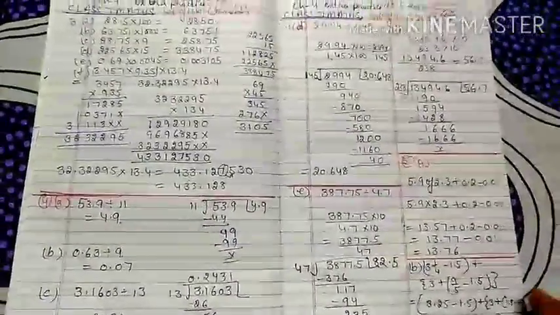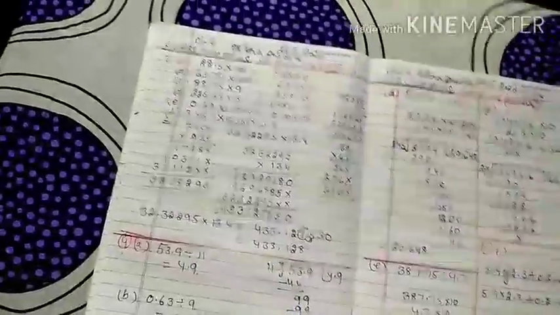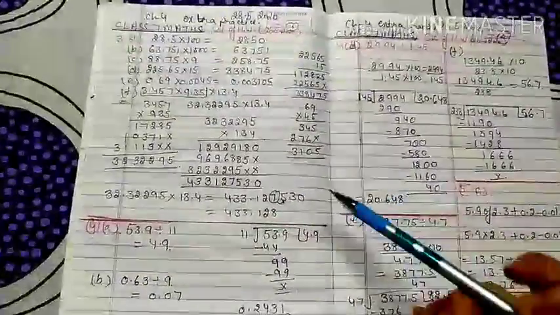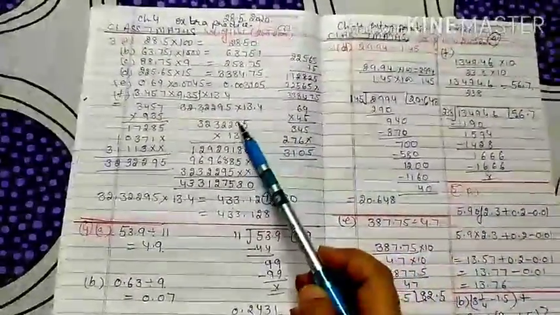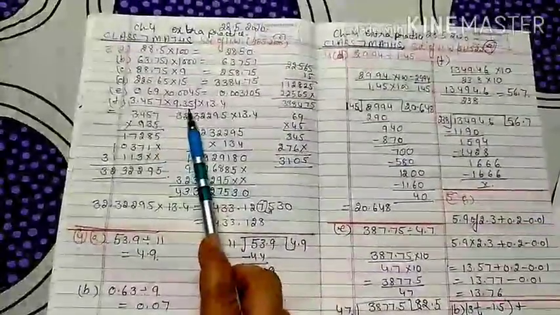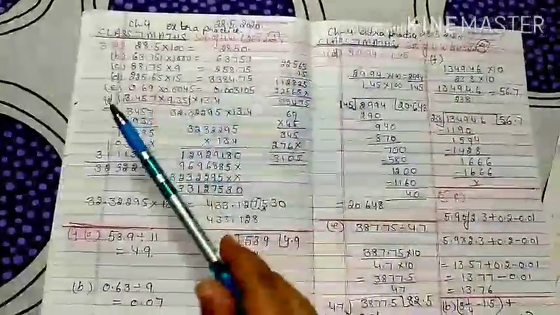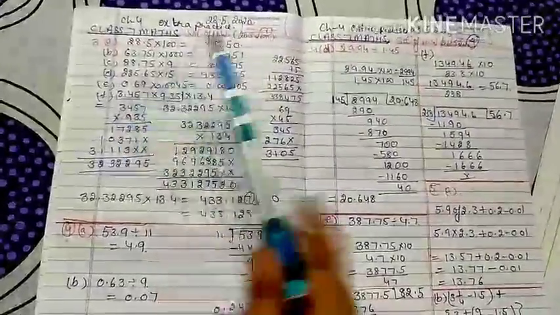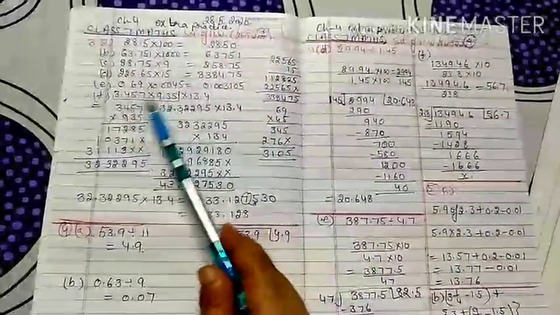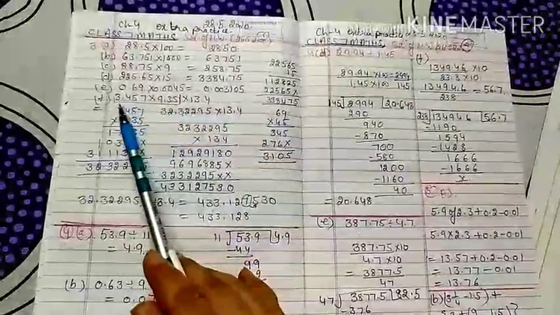Now your extra practice question of chapter 4, question number 3, you have to just find the product simply. Like here, when you find the product, I just discussed this one: 3.457 into 9.35 into 13.4. If there are 3 numbers to multiply, what will you do? First, you will ignore the decimal in this. You directly multiply